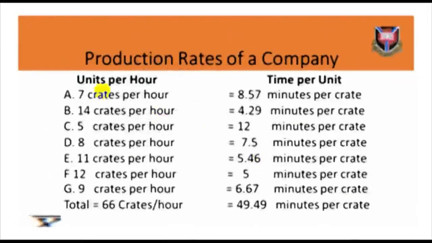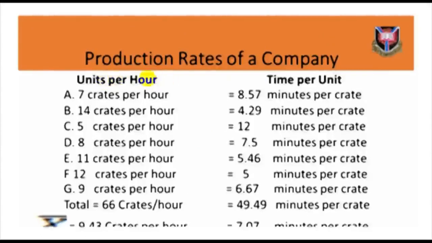The production rate for each employee has been expressed in two forms: 1. The number of crates assembled per hour, and 2. The time taken to assemble 1 crate. The average number of crates assembled by the employees per hour is 66 over 7, which is equal to 9.43 in the first series. In the second series, the average time in minutes taken to assemble 1 crate is 49 over 7, which is equal to